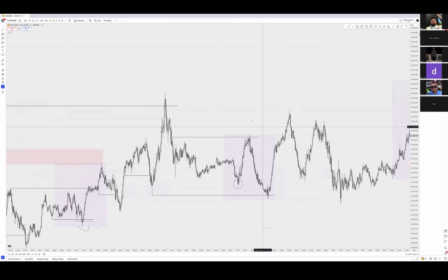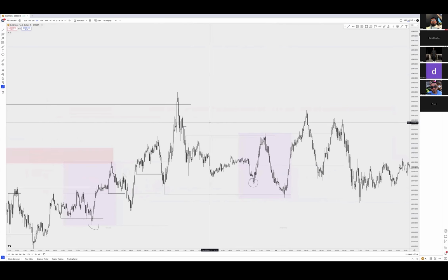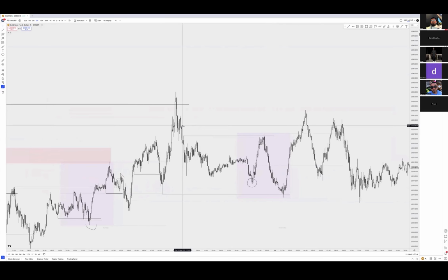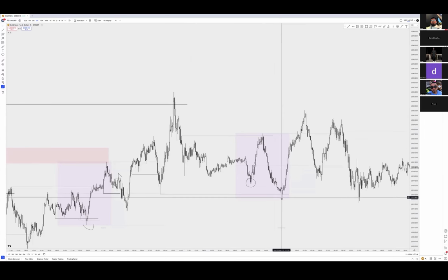Honestly, you could be a little crackhead about it as well and mark out this high. I just wouldn't. It's nice to see, like when I mark out this high, for example, and I see it come into it and go lower. Nice to see, but I wouldn't be taking any trades from there. But yeah, market moves lower from there, traps the buyers.